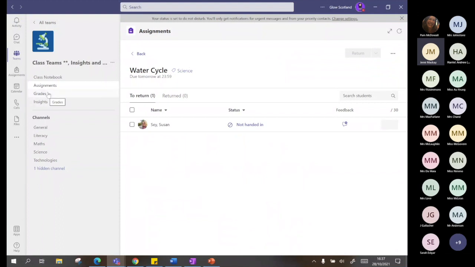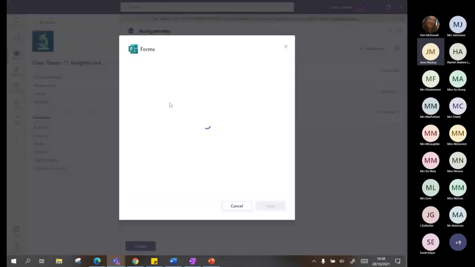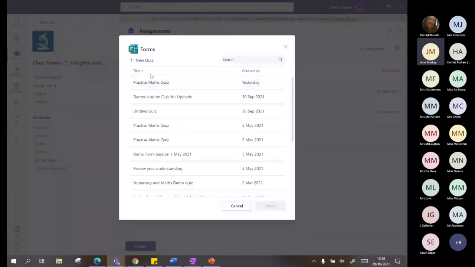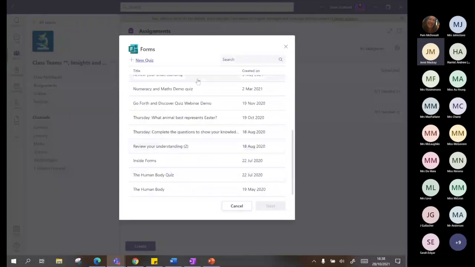There's the tabs down the side as well. So as well as your assignments, you've also got grades and insights, and we're going to look at them in just a second. But I wanted to show you, if you click on create and quiz, and I know, as I say, your upcoming session's on forum, so I don't want to go into this too much, but you can create a quiz, select from the quizzes that are inside your